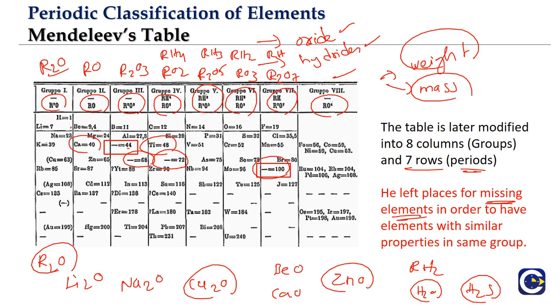Now when the inert gases were discovered, this table was slightly modified, and later the elements which have almost similar properties to that of lanthanum, and the elements which have almost similar properties to that of actinium, we'll call them lanthanoids and actinoids. They were also discovered. So the table was modified a little bit to accommodate the new elements, and this made sure that people were accepting the table for quite some period, until some major drawbacks were discovered.